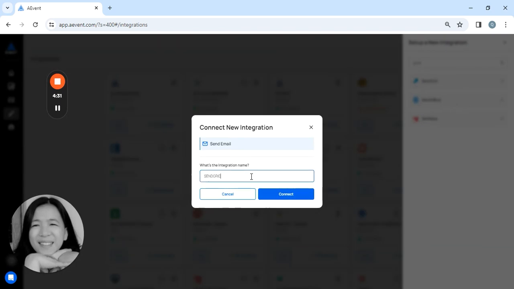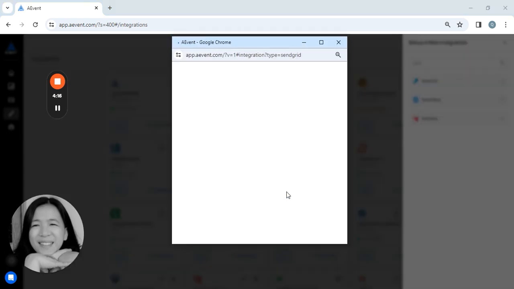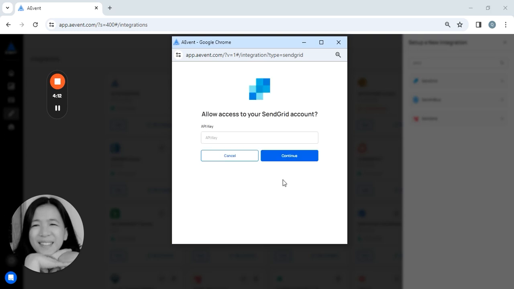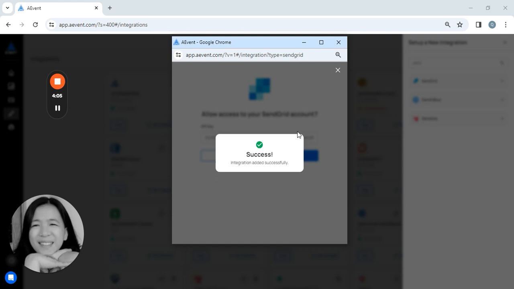You can name it however you want, but we highly recommend that you label it with SendGrid just so to easily identify the integration. So once you're done naming your SendGrid integration, just click on Connect and you will be prompted for your API key for SendGrid. Once you have your API key in there, just click on Continue and you'll get a prompt saying that the